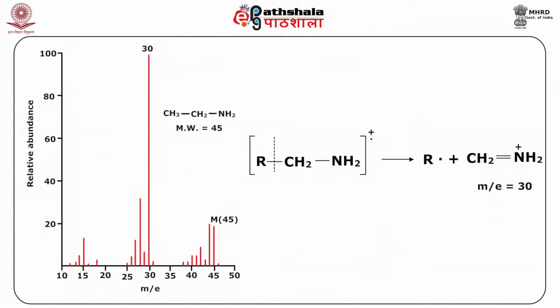Why is the molecular ion peak not observed? Because a peak at m/z 30 is observed for a primary amine due to the alpha cleavage, for the CH2=NH2+ ion, which is formed by the expulsion of a radical from the molecular ion. That is why the molecular ion peak is generally absent in amines. Now, students, here you can see in the mass spectrum of ethylamine how the fragments and the very faint molecular ion peak are there, or sometimes it may be absent also.